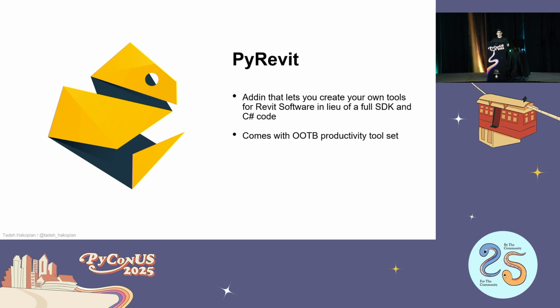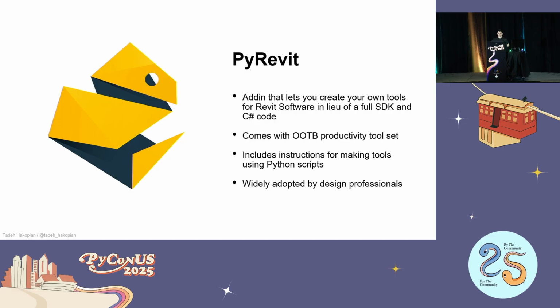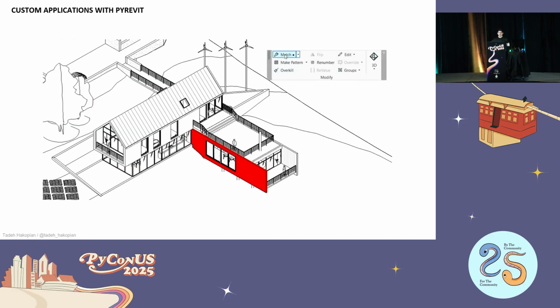It comes with its own productivity tool set and a UI interface, so you can use it to create buttons, and it includes instructions and guidance and a community around it to help you understand how to make your own Python scripts. And it's widely adopted. So for example, instead of running a script, you can make a little tool set made with Python code for the Revit application, and it can let you do cool stuff like match colors and color your building,